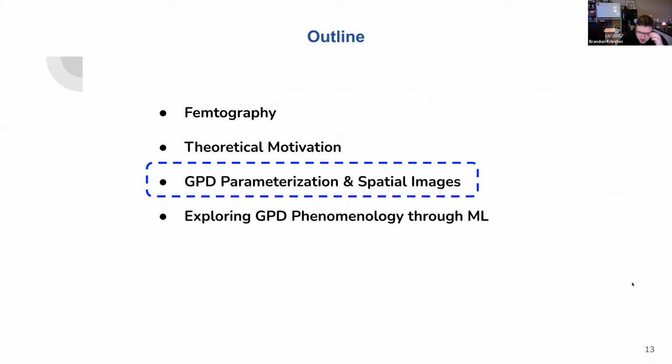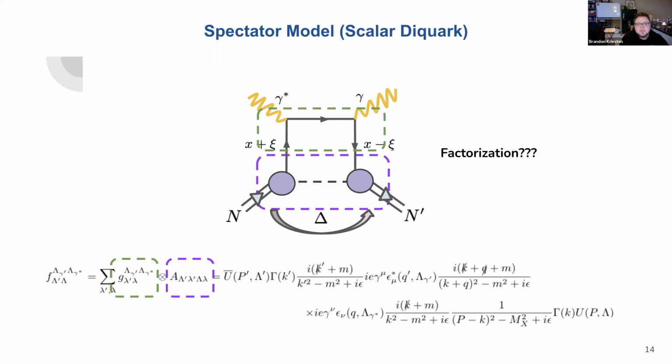Okay, so now in order to get anywhere in seeing what the size of these objects and what the size of the observables are, it's always useful to have some sort of parameterization of GPDs. So I'm going to talk a little bit about the GPD parameterization that we've developed. I'm going to motivate it through the quark sector, and then I'm going to just quickly flash how we use it for gluons. And then I'm going to talk a little bit about developing some spatial images and some things that we can do with this parameterization.